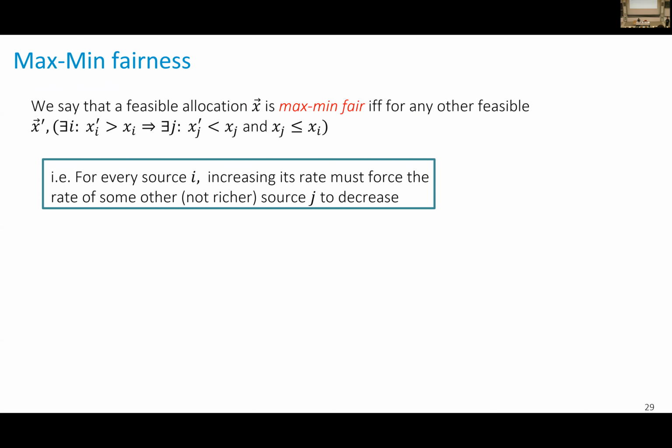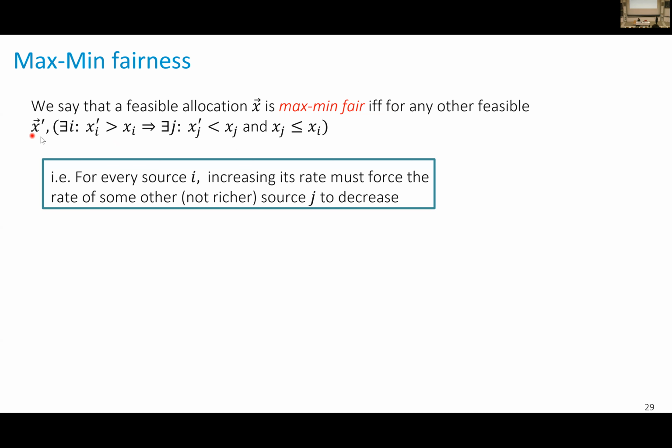Of course, some X are feasible, some not. So the feasibility constraints are, for example, here that the link capacity constraints are satisfied. So among all the feasible allocations, we say that this one is max-min fair if for any other equally feasible